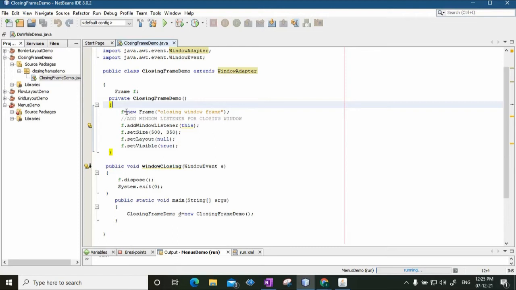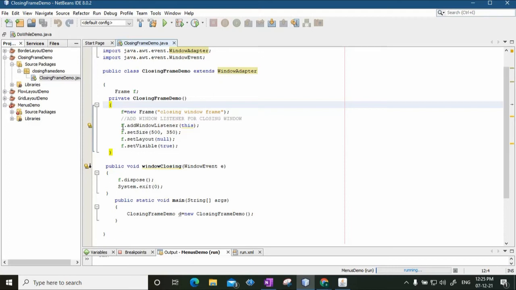First, I am going to create a new frame, f equal to new Frame. The name of the frame is closing window frame. Next, once the frame is created, I have to add the window listener for closing the window. Basically, whenever you click on the close button of the frame, an event is generated, called a window event. But there has to be a listener object listening to this event so that it can take an action.